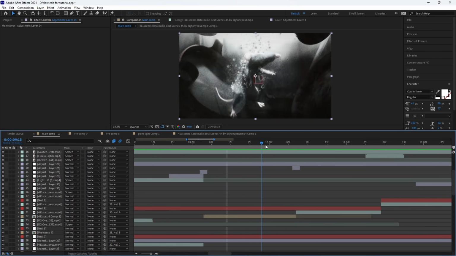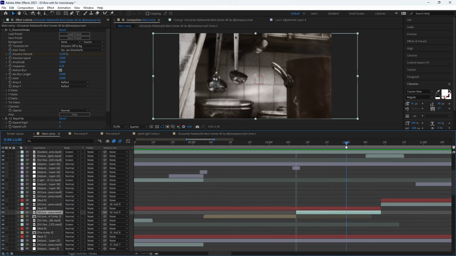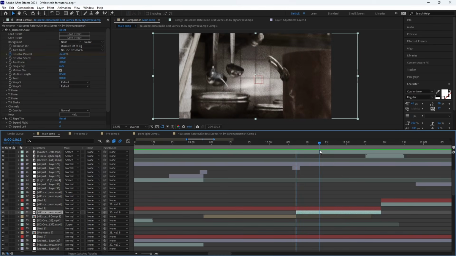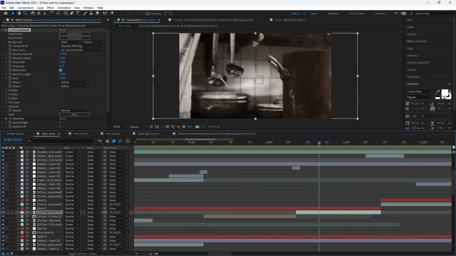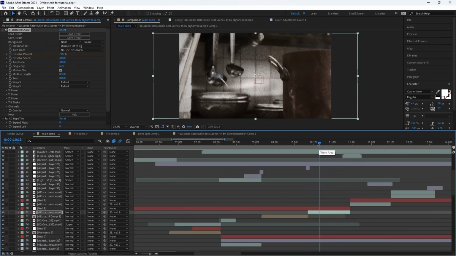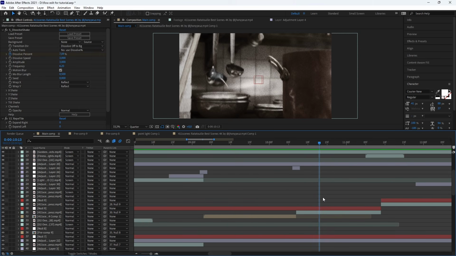Let's continue with this next transition. It's almost the same, with the time remap here. And on it I added an S Dissolve Shake, just a small shake here at the beginning. You can see here, not really visible, but we feel it, I think, when we watch the edit.